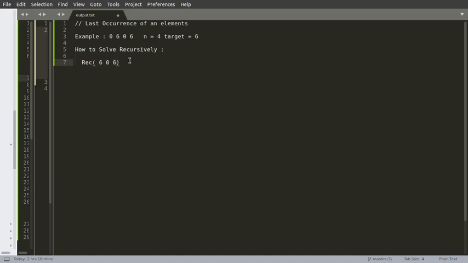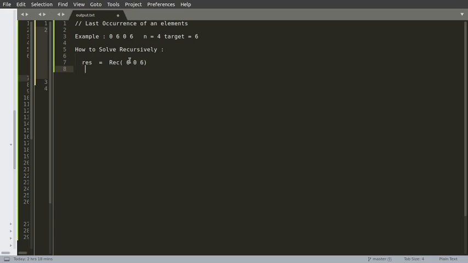So recursion will return some result. Either it may be the actual position of the target element, or if this is not present it will return minus 1.